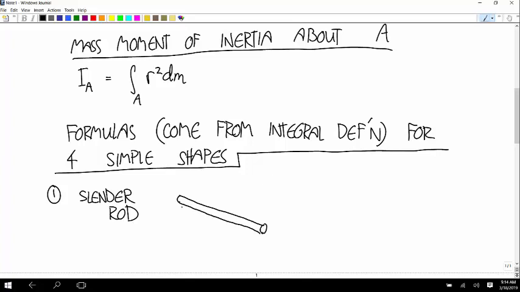So we're assuming that the thickness, the width, is negligible. The coordinate system we're going to use for all these is centered at the center of mass. The origin's at the center of mass. And we'll call this X, Y, and Z. So with the about point at the origin,